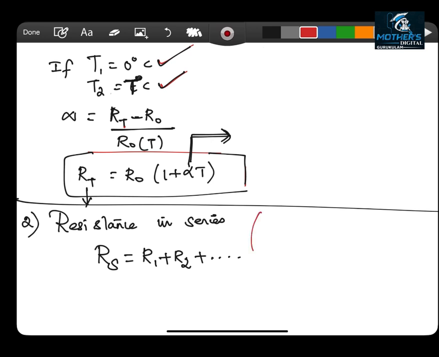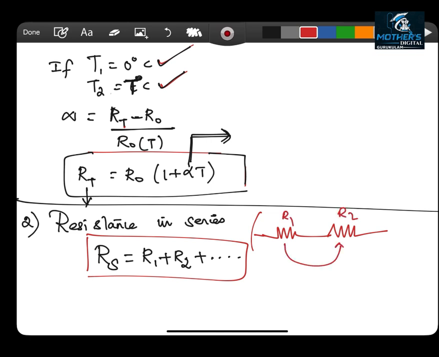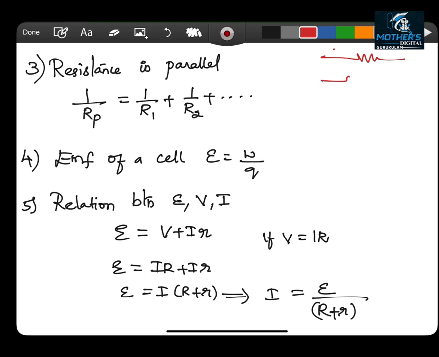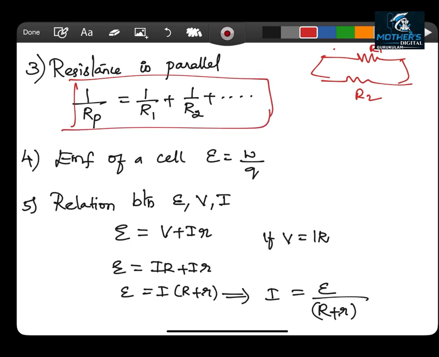Now we'll come back to the resistance in series. Actually, this is most important from a practical point of view. If you connect resistors in series, you might have learned this in class 10 also, the net resistance is calculated as the sum of the individual resistances R1, R2. So R is equal to R1 plus R2. The SI unit is ohm. Similarly, if the resistances are connected in parallel, the net resistance can be written as 1 by Rp equal to 1 by R1 plus 1 by R2 and so on, where Rp, R1, R2 are measured in ohm.